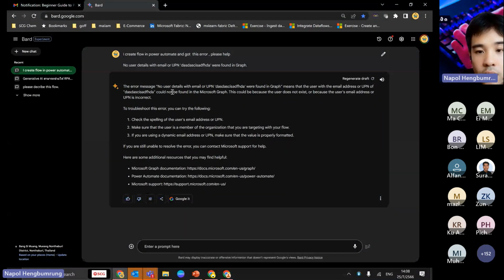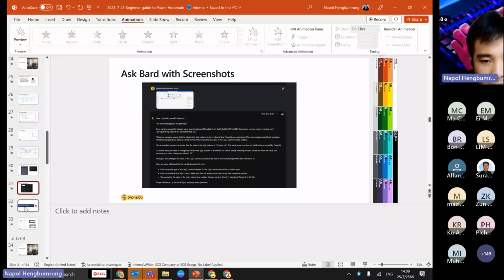And it gives you details right here, right? It means that the user or the message could not be found. So check the spelling, make sure it's a member. If you are using dynamic content, make sure that it is in the proper format. It's really easy, so you guys can handle the errors inside your flow. Okay, this is one of my recommendations. And next one,